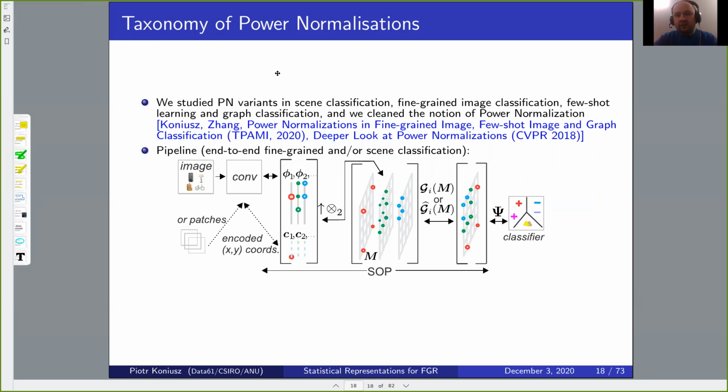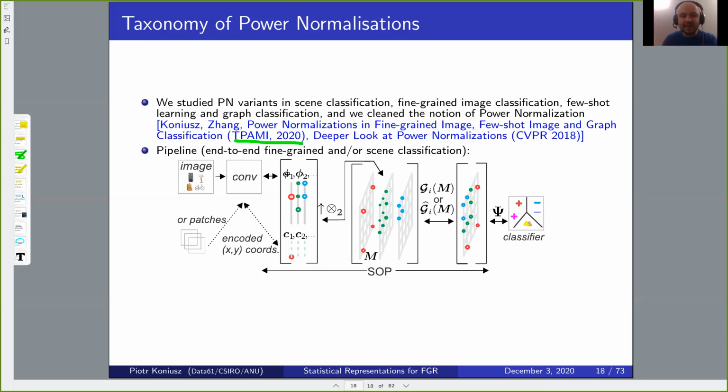We studied different PN variants in scene classification, fine-grained image recognition, few-shot learning, and even graph classification to clean up a little bit the notion of power normalizations. And this is a recently accepted work on this topic in TPAMI 2020. So the pipeline that we use is very simple. We assume we have an image or patches. We pass them through some CNN. We obtain those